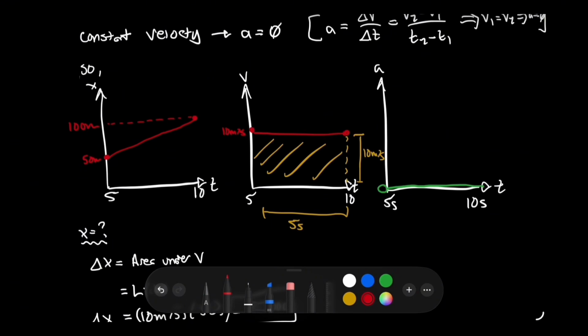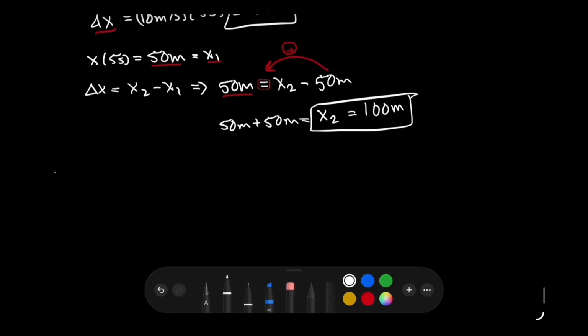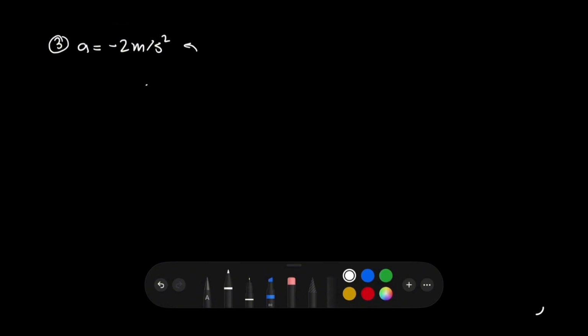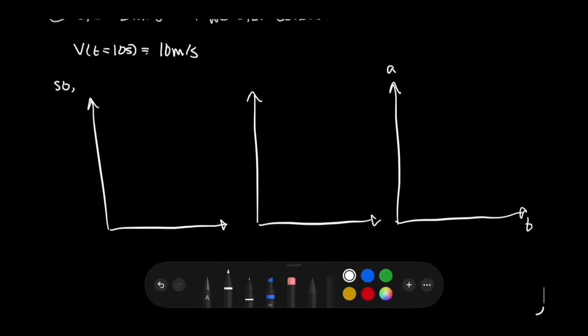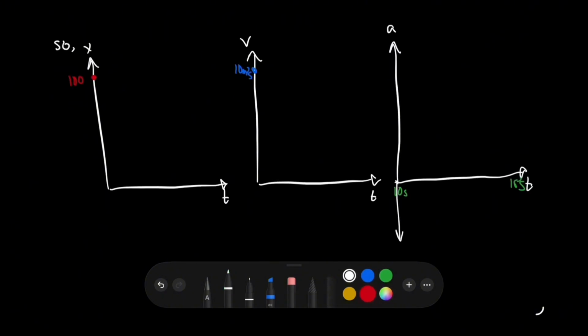So it's going to be changing position at a constant rate. So now we can look at the last stage here, which is stage 3. And in this stage, the acceleration is equal to negative 2 meters per second squared. The initial velocity during this portion is going to be equal to 10 meters per second. Since we're looking at the last interval here from 10 seconds to 15 seconds, if we draw our graphs like so, we can start off by drawing our acceleration, which is equal to negative 2 meters per second squared